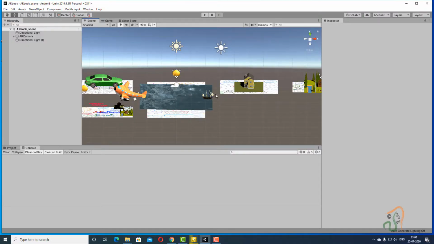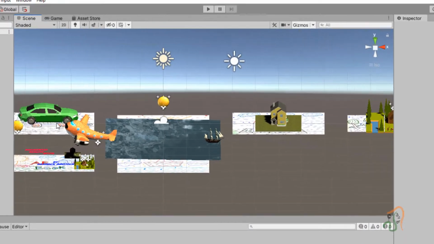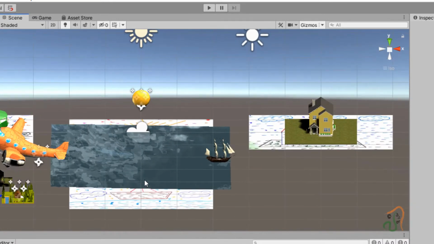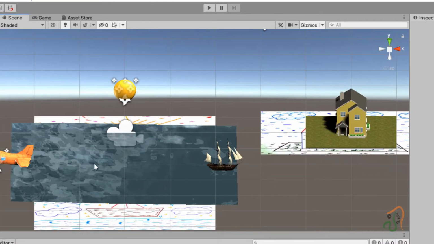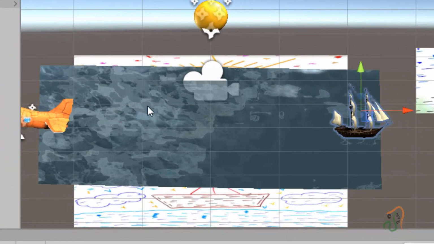To avoid the ship or the aeroplane moving away from your screen, what we are now going to do is, we have the ship here. Our program will move this ship from this end to the other end, and once it comes to the left hand end, that is out of the screen, this ship should come back to its original position. This is what we have to do. Then it keeps on looping, it doesn't get lost.